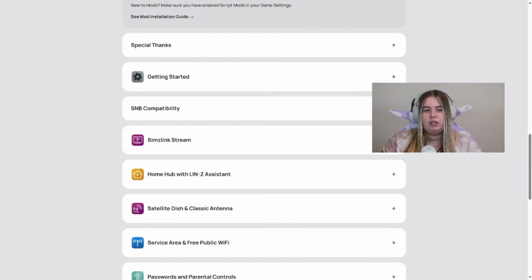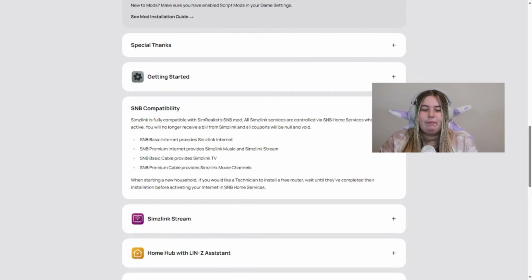The first thing I want to talk about is if you use SMB, which is the Sim National Bank mod by SimRealist, there is compatibility with it, because that mod also involves paying for cable and premium Wi-Fi and stuff like that. So it is fully compatible with the SimRealist SMB mod. All SimsLink services are controlled via SMB home services. When SMB is active, you will no longer receive a bill from SimsLink and all coupons will be null and void. SMB basic internet provides the SimsLink internet. SMB premium internet provides SimsLink music and SimsLink stream. SMB basic cable provides the SimsLink TV,